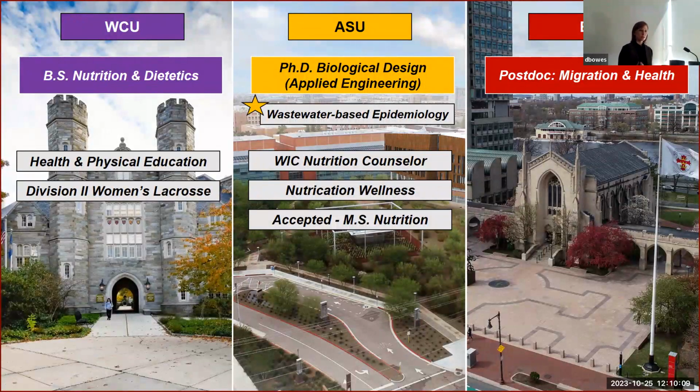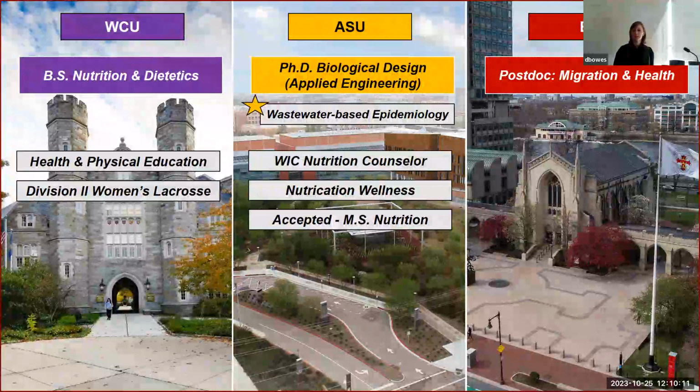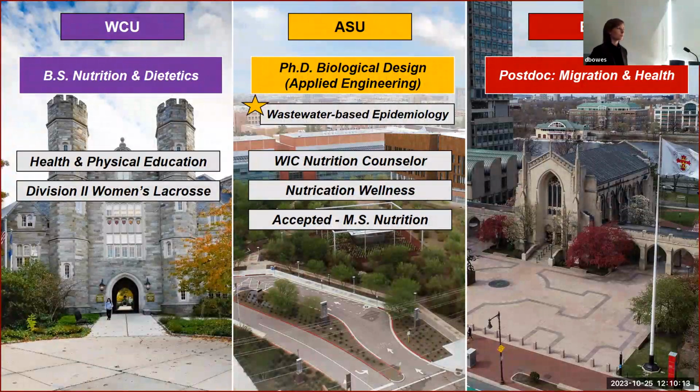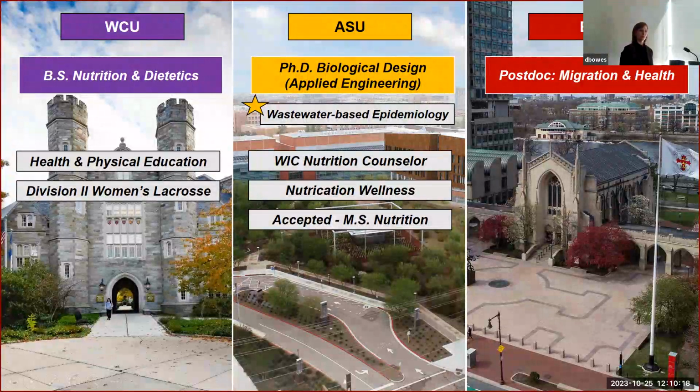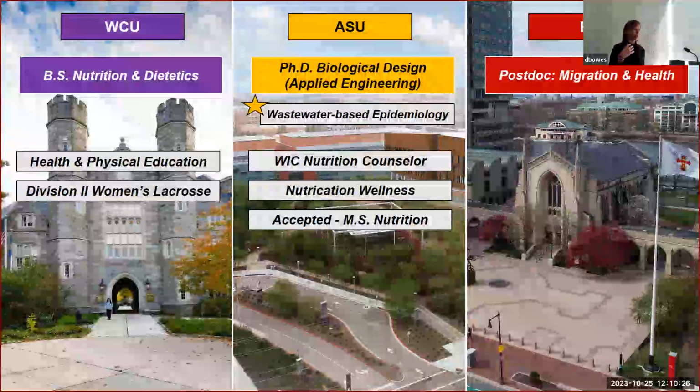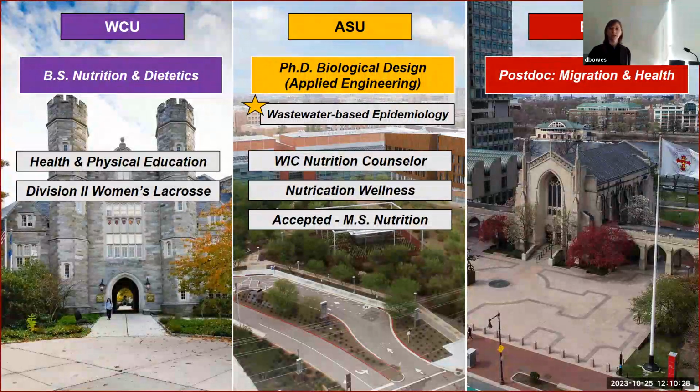And we got to talking, and at the end of the conversation, he said, "Why don't you come by and just come check out my lab?" And I said, "I don't know what I would be doing in an environmental engineering lab," but there was something that drew me, and he started talking about wastewater-based epidemiology. He just kept saying, "Oh, you could use this to analyze the nutritional status of populations." And I thought, I don't know, I'm not sure about this guy, but I'm intrigued.